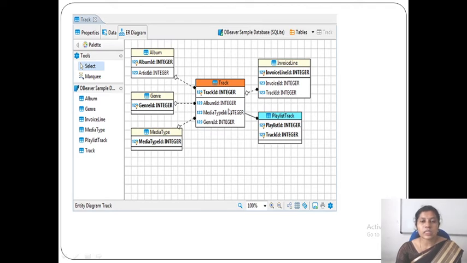So these are the properties of track. And here you can see in each table one symbol, a bulb kind of symbol. That represents that the track ID in the track table is unique. It can have only unique values.